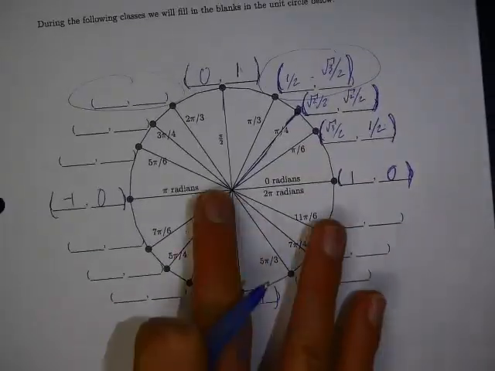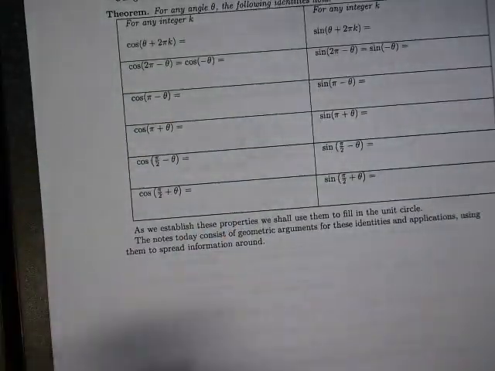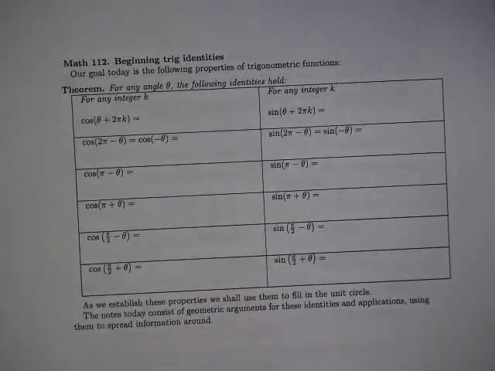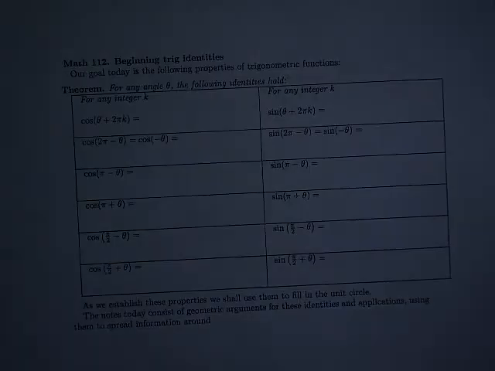So other than filling out this unit circle, our other goal is figuring out what these operations do to the trig functions. What changing an angle by 2 pi does. What changing an angle by, no,